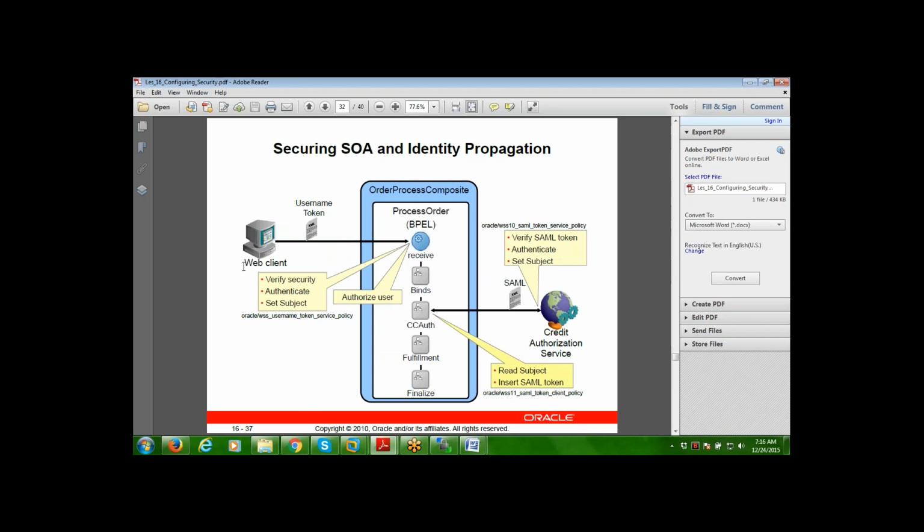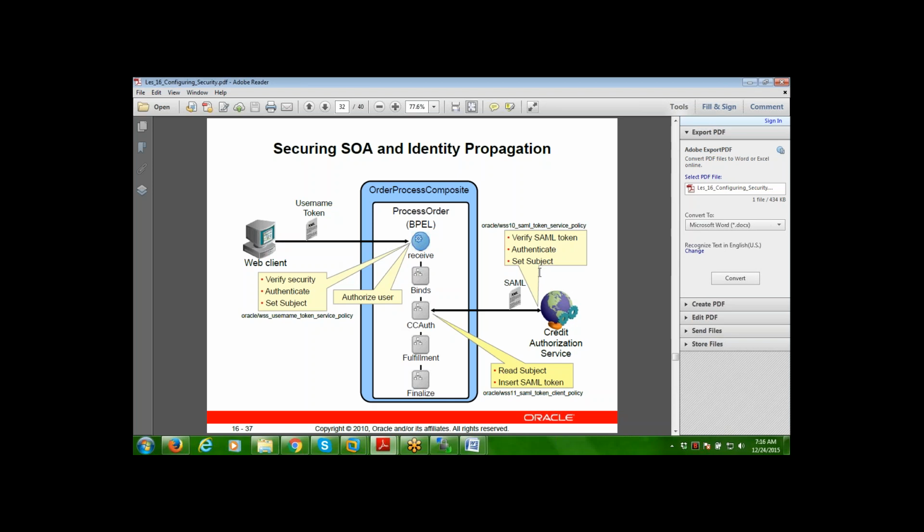Assume that whenever a request comes from the web client, it is generally processed through the BPEL instantly, because BPEL is the main component, right? Once it is received, it checks authentication as well as authorization. If it is an authorized user, it is allowed to access. Else, it is forwarded again to the security level component, which is forwarded to